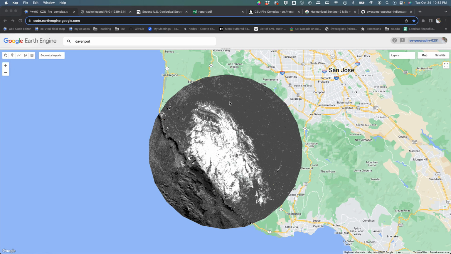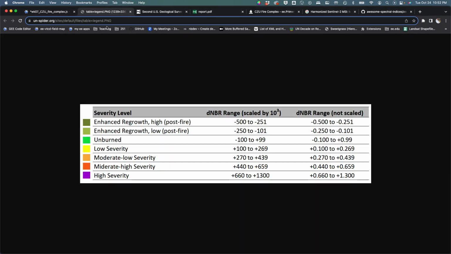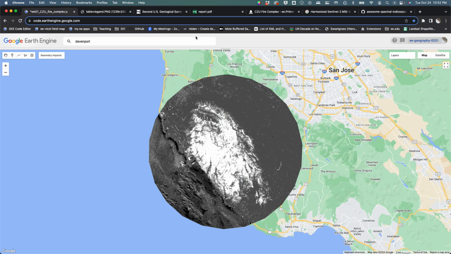So the next step is just to display this grayscale image in color. And so we're going to use this palette, even though we talked about how it's not colorblind friendly. So as an example of universal design, this is not that. This is not a good example of universal design at all. But we're going to use it because it's a bit of a convention,